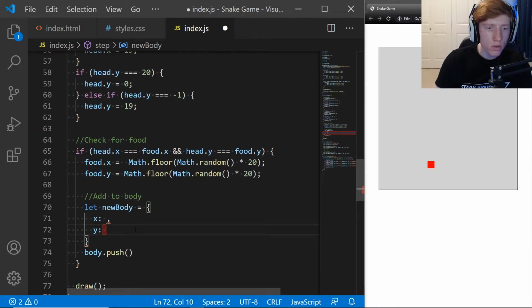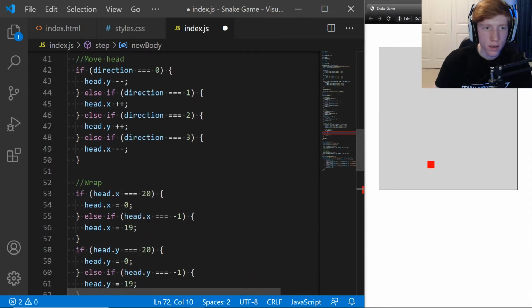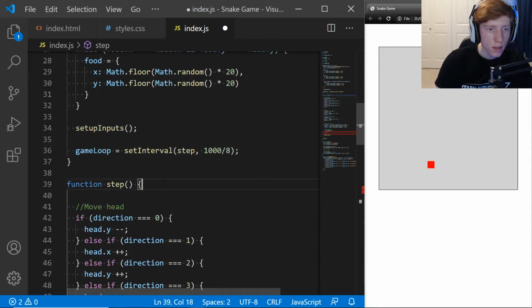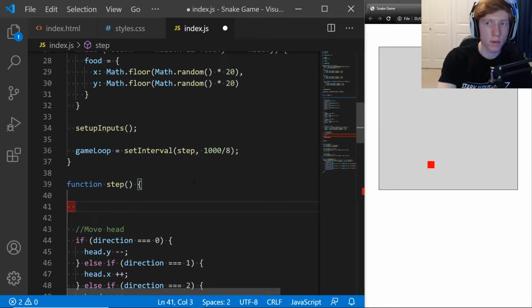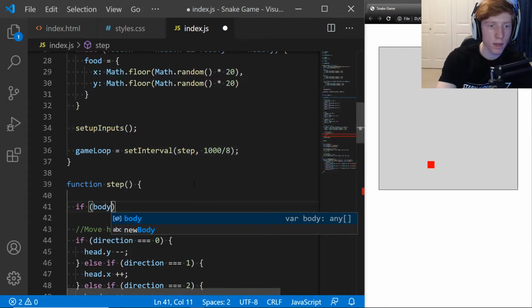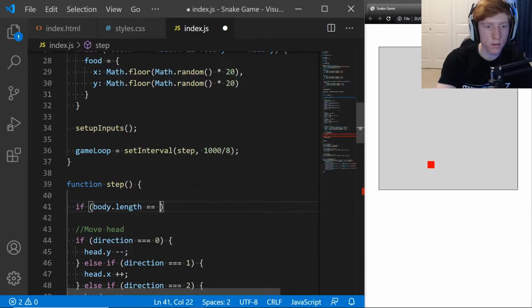So we need to store the previous position of the player. Let's say we'll store that at the top. So if the body is non-existent, if there's just a head, then we'll store the previous position of the head. Otherwise, it has to be the body. So let's say if body.length is equal to 0,